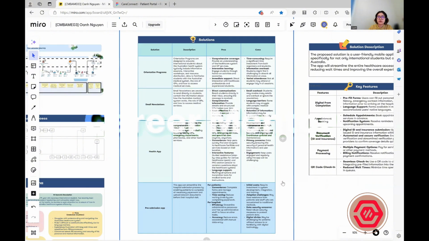Okay, so after discussion, we came up with some solutions. The first one is about orientation programs, which are designed to educate the international students about the Australian healthcare system, including informative sessions, regular workshops, and resource distribution. However, it's quite time consuming, and it could lead to information overload because there's too much information